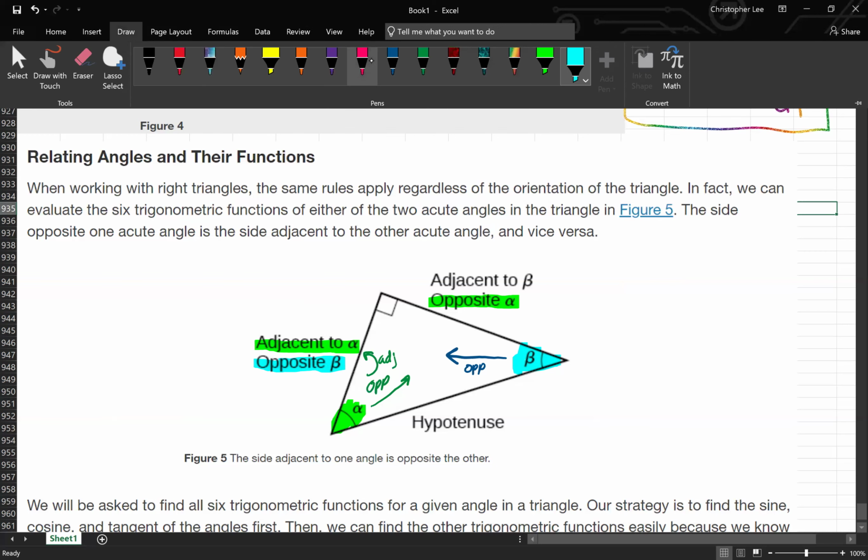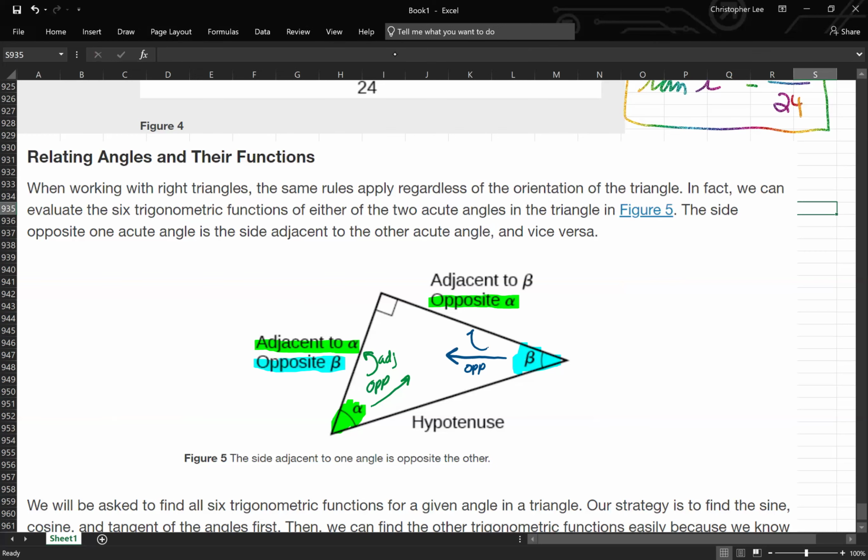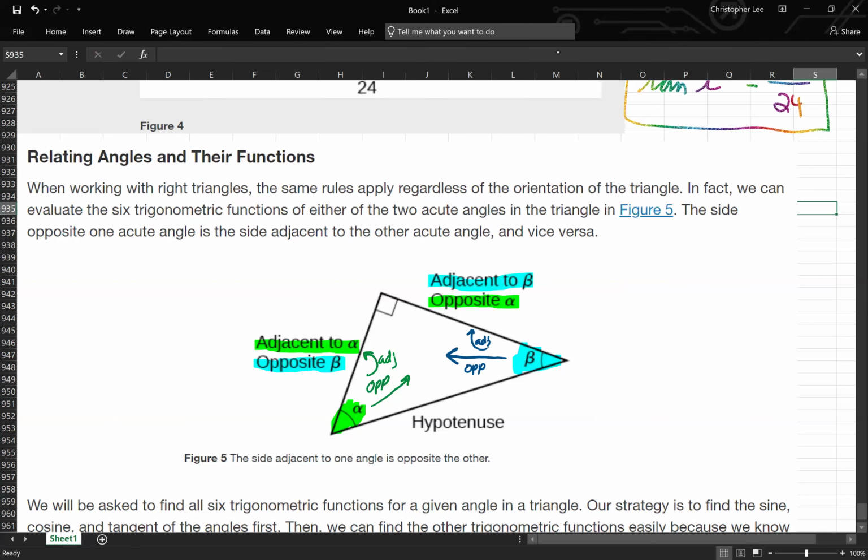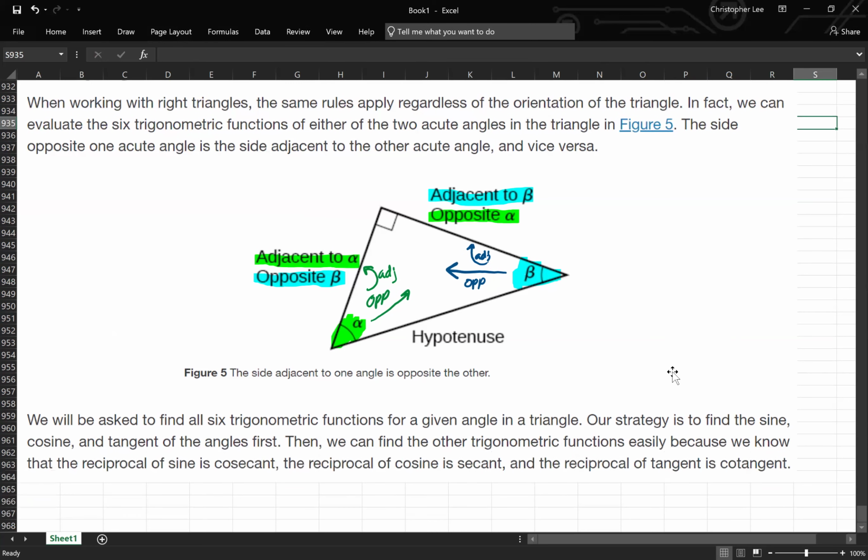Adjacent, remember, adjacent means next to, right? Adjacent to angle beta would be this leg. That would be the adjacent to angle beta. And that's it. And once again, the hypotenuse is the same. You don't have to change that. Everything works. All right. So we will be asked to find all 6 trigonometric functions for a given angle in